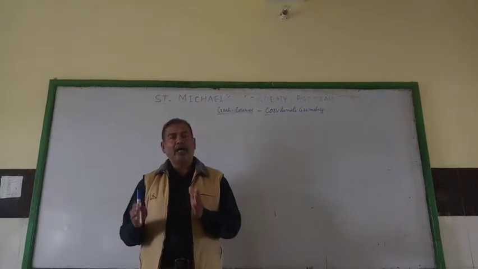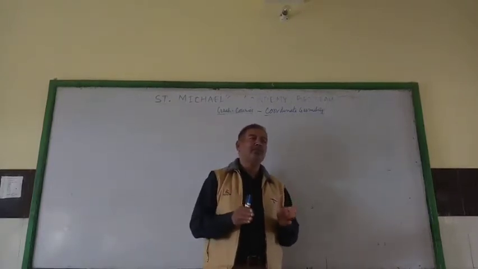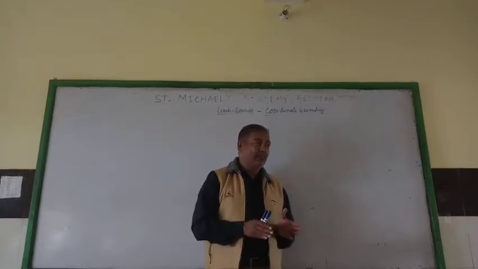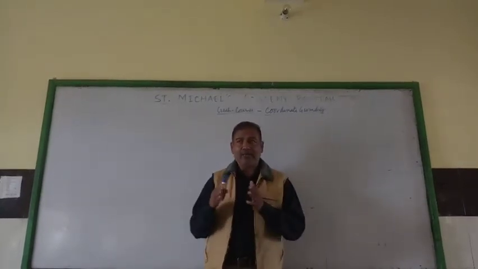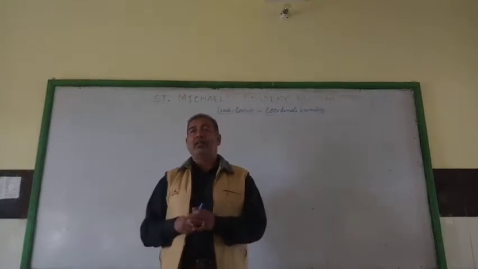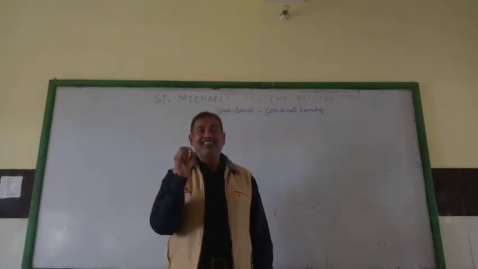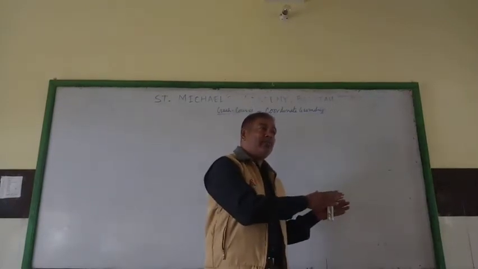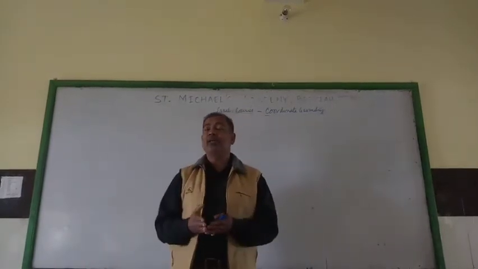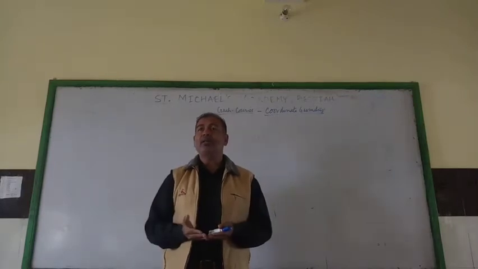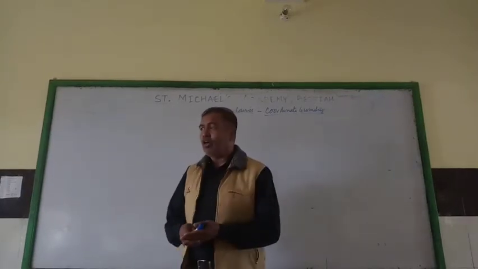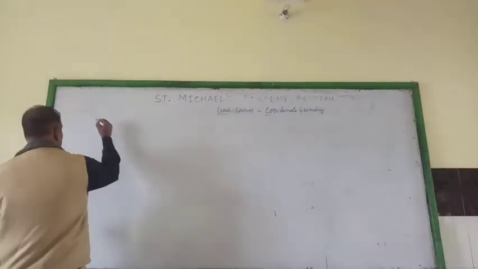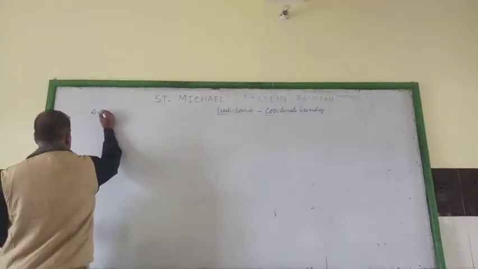Coordinate geometry is the branch of math in which the relation between 2 points on a Cartesian plane, that is graph, is established by algebra. ग्राफ में किसी भी दो पॉइंट के रिलेशन को एस्टैब्लिश किया जाता है अलजेब्रा के हेल्प से. इस एस्टैब्लिशमेंट को हम लोग क्या कहते हैं, कोऑर्डिनेट ज्योमेट्री. In coordinate geometry, the first formula that you have to study is the distance formula.